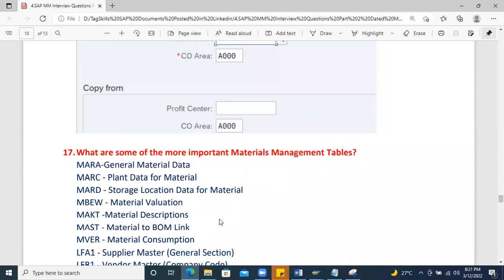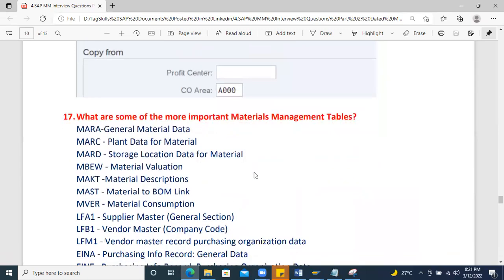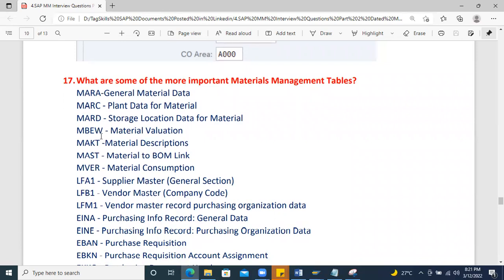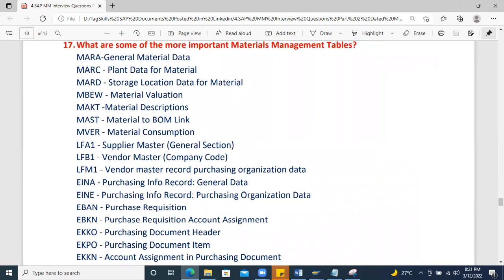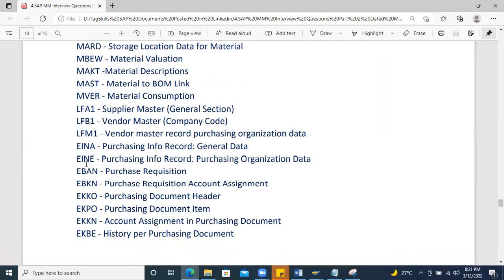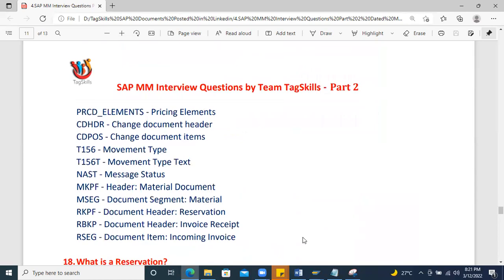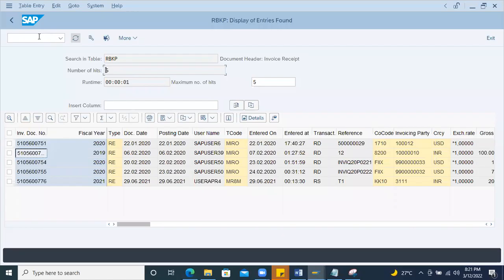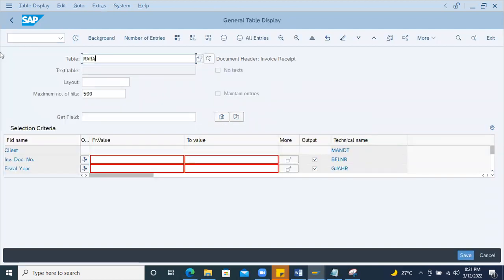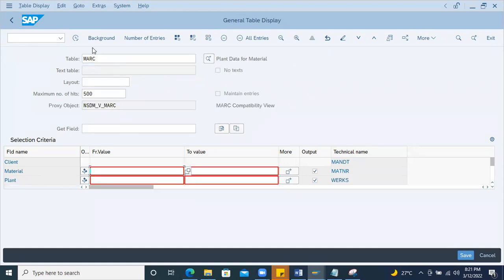What are some of the more important material management tables used? MARA, MARC, MARD, MBEW, MAKT, MAST, MEREB, LFA1, LFB1, LFM1, EINA, EINE, EBAN, EBKN, EKKO, EKPO, EKKN, EKBE. So let me show a few of the tables in the SAP screen. If you go to SE16, you can type here MARA, general material data, MARC, the plant data, MARD, storage